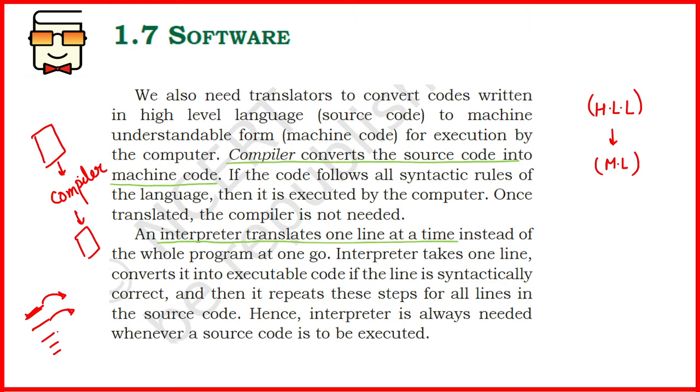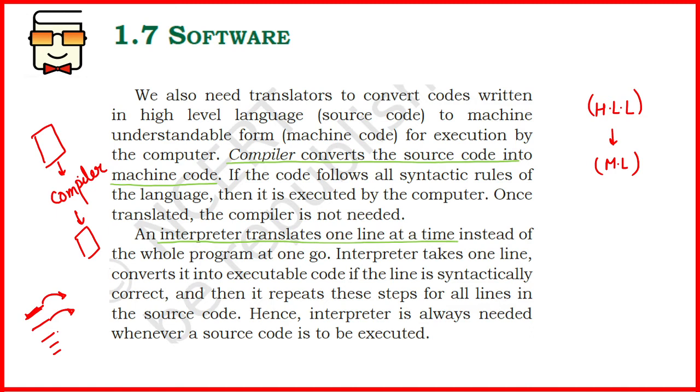This process is slightly slower, and if there is any kind of error in a particular line, then the interpreter would not proceed further unless that specific error is corrected. However, the compiler takes the entire program, gives you the entire machine code and the corresponding errors for each line, showing how much code it has understood, converts or compiles it accordingly,